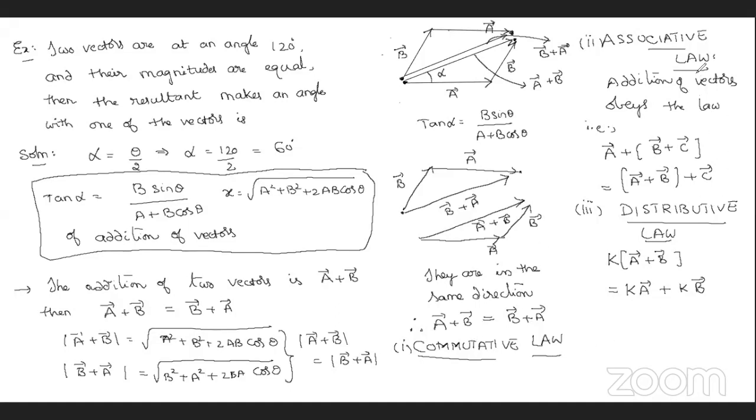Now, these are the 3 laws. Commutative law, associative law, and distributive law. All the 3 are here? Yes, sir. Sure? Do you have any doubts here? No doubt, sir. Very good. So the addition of vectors part is over. We completed addition of vectors today. Next, we have to come to